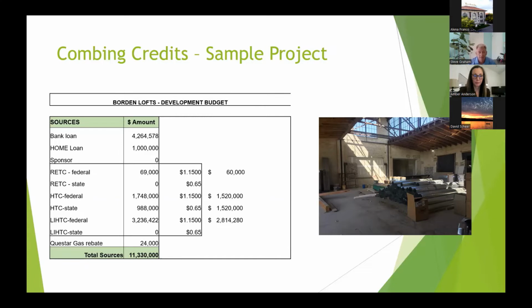low-income housing credit. And I will say, you will not get this today. This was done a few years back. You will not see these types of pricing, this $1.15. Please take that out of your mind. Basically, if this project is in a premier location, you will see between 95 and $1. If it were done today up in Logan, we would very likely see somewhere between 85 and 95 cents on all of these